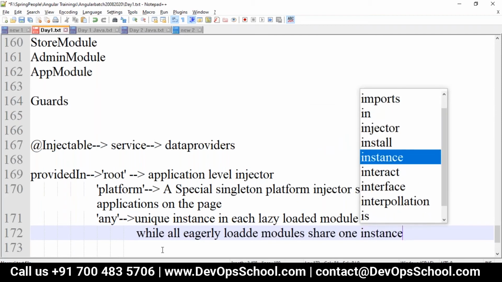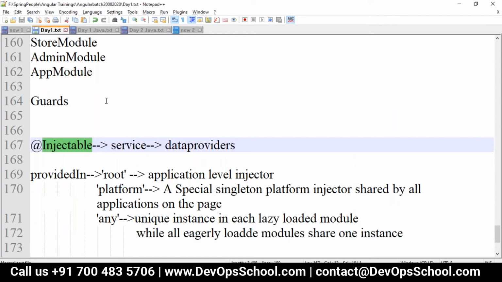So basically, when you go with Injectable, whether you are going with multi-module or single module, it's okay.